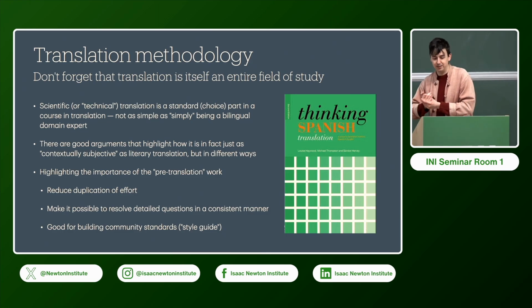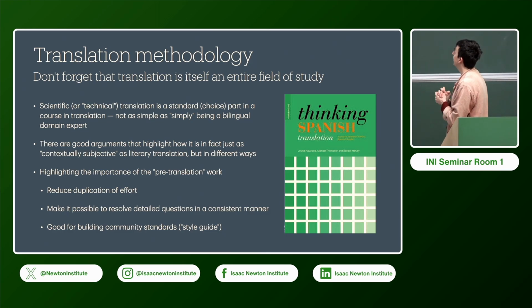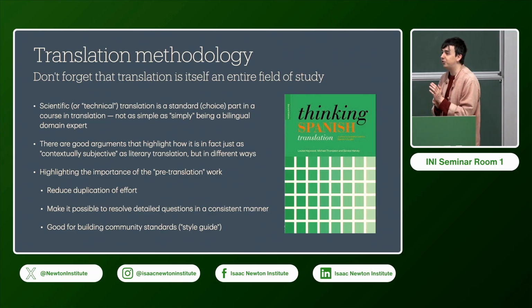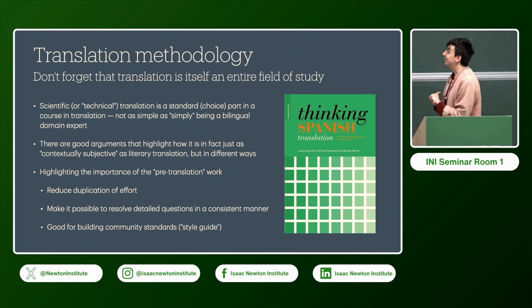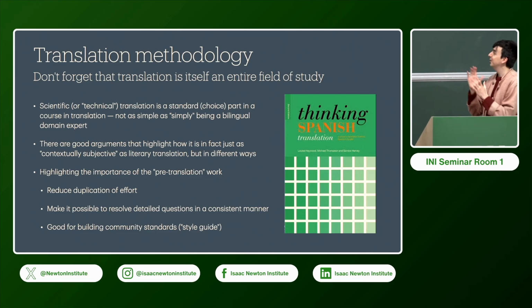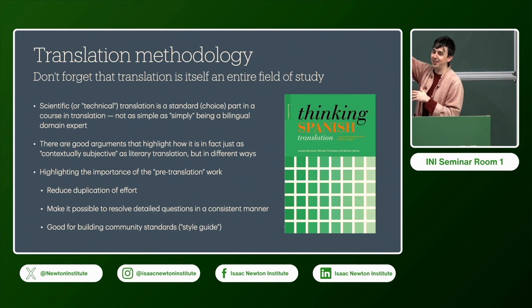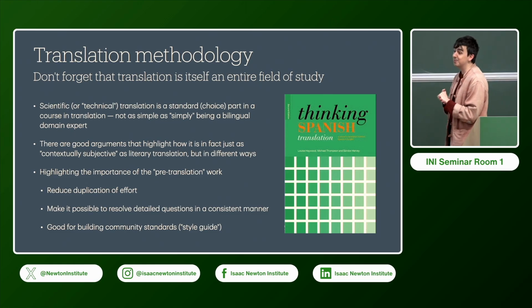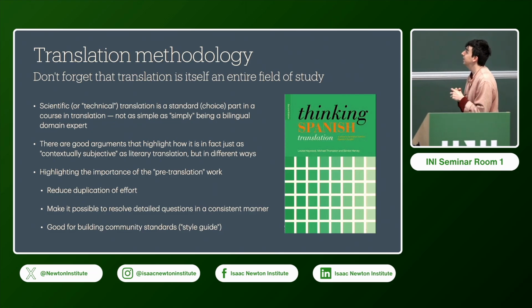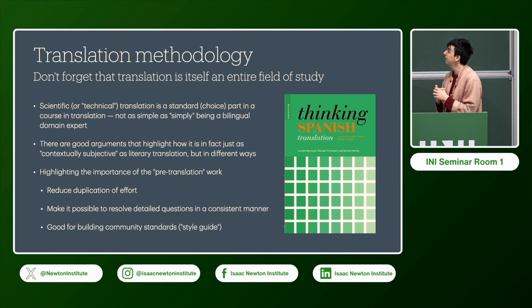Something else that is generally useful: I picked up this book recently in a charity shop, Thinking Spanish Translation. It turns out that if you try to not have the maybe typical mathematician mindset, which I don't think is typical of people in this room, but maybe of the view that there's mathematics and then there's everything else, translation is really hard and people study it all the time as an entire field of study. And learning some things about that is pretty helpful. This book was great for me. It has a good chapter on scientific translation in particular.